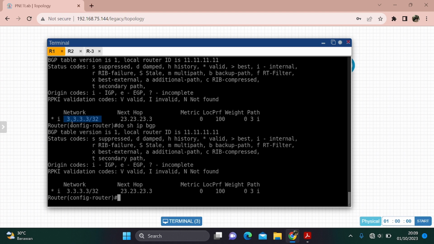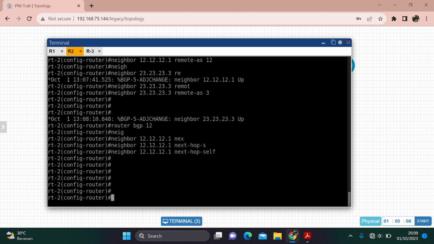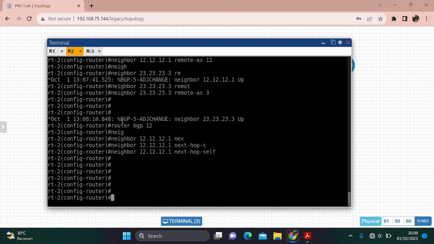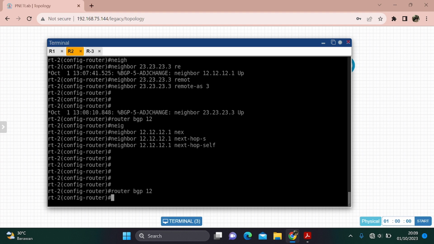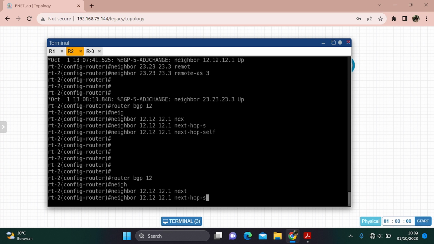Oh guys, wait. Wait a second. Wait. Router BGP 12 and neighbor 1 next hop self.